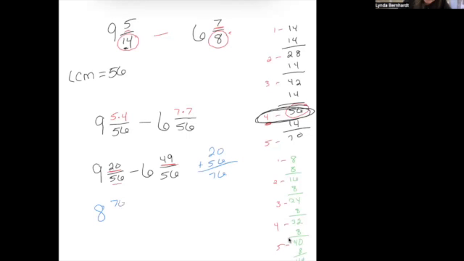So 76 over 56. Okay, see how that works? We took 1 away from here and then we added it here. And since the denominator is 56, we had to add 56. Okay, now we do minus 6 and 49 over 56. Well, 8 minus 6 equals 2. And then,